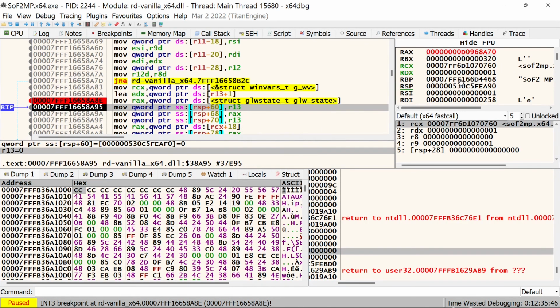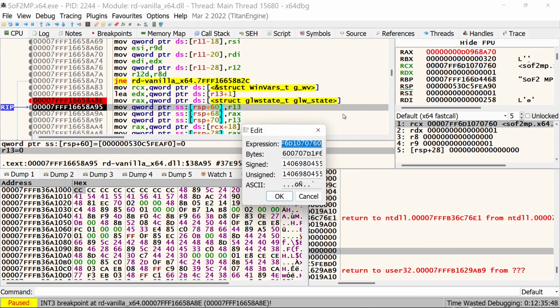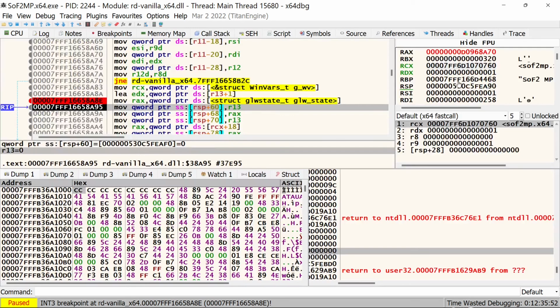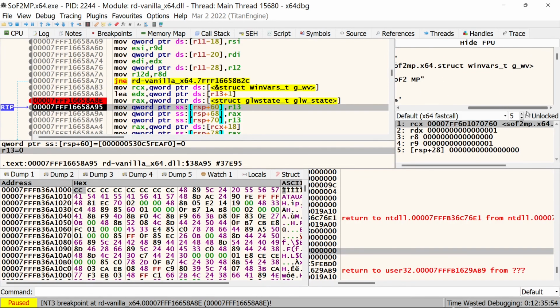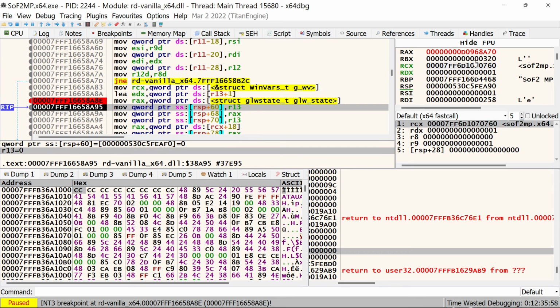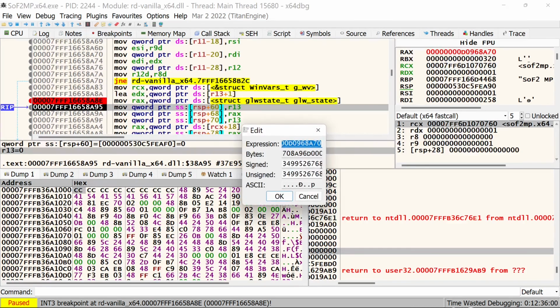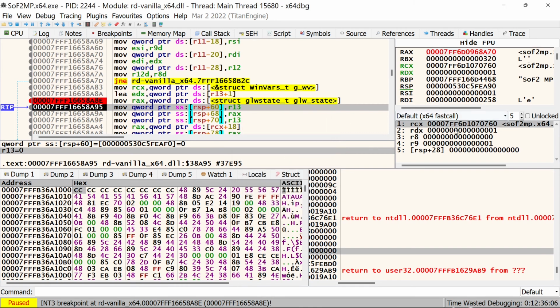So what I can do there, if you notice, memory addressing seems to start with 7FF6 or 7FFF. What's that there? Is it FFF? We'll go for FF6. So if I change that value to that,